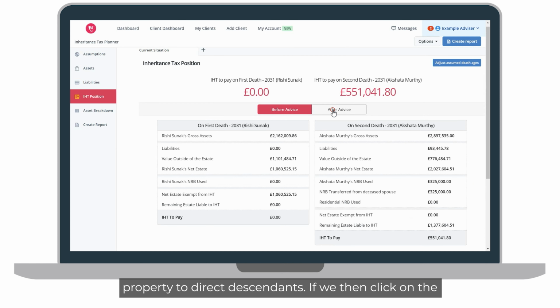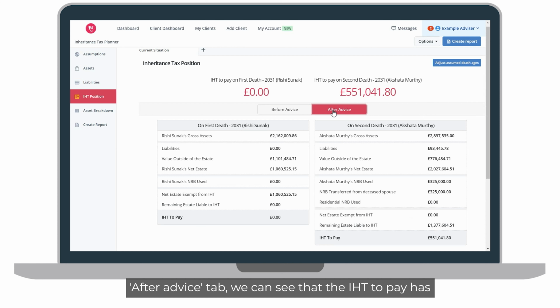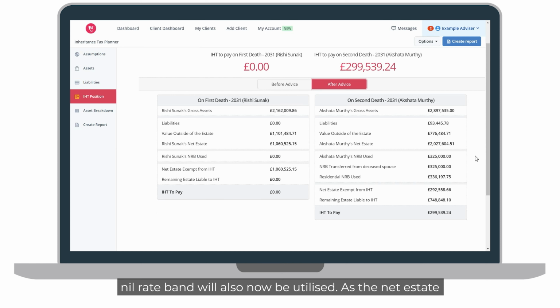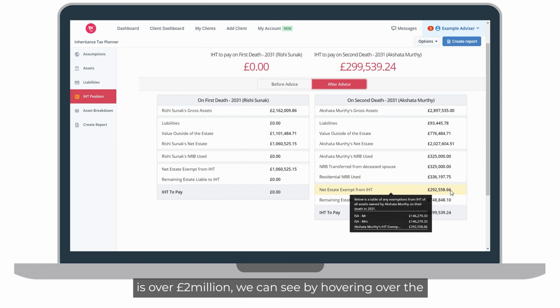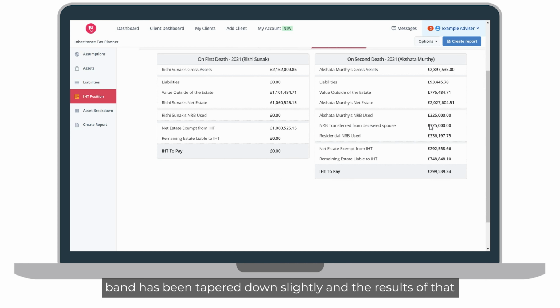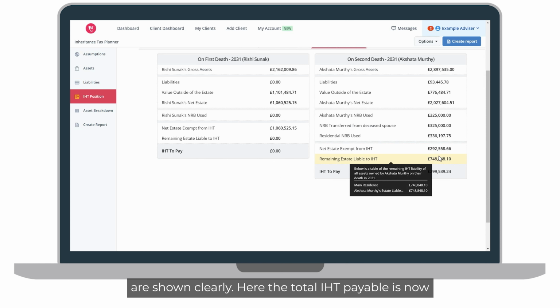If we then click on the After Advice tab, we can see that the IHT to pay has vastly reduced for this reason. This will be mainly due to the ISAs now gaining 100% IHT relief through the investment into BPR qualifying assets, and the fact that the residence nil rate band will also now be utilised. As the net estate is over 2 million, we can see by hovering over the residence nil rate band use tab that the residence nil rate band has been tapered down slightly, and that the results of that are shown clearly. Here, the total IHT payable is now